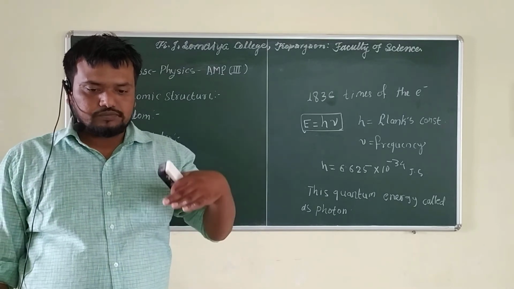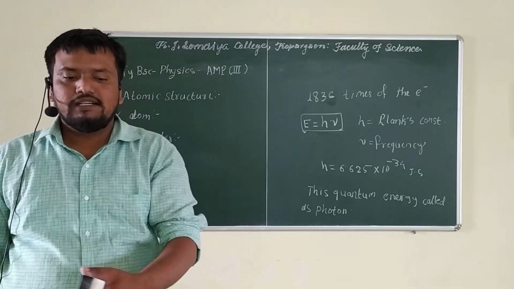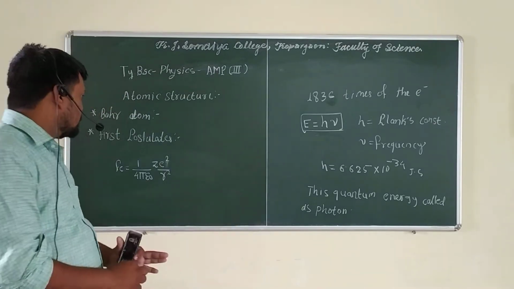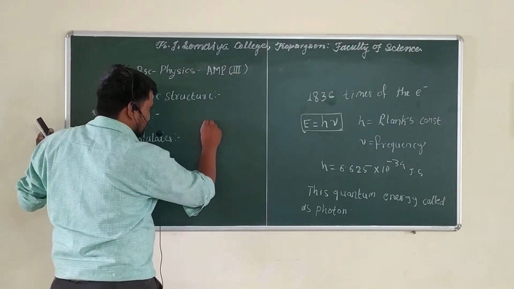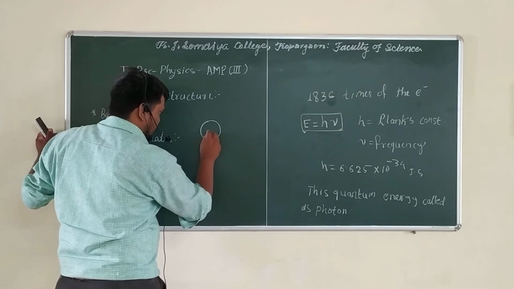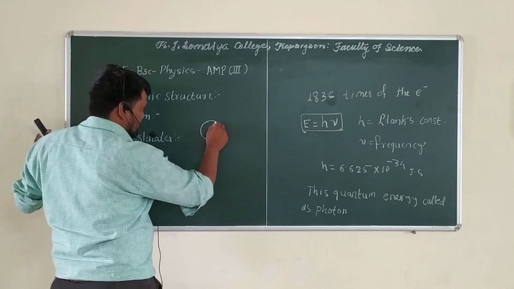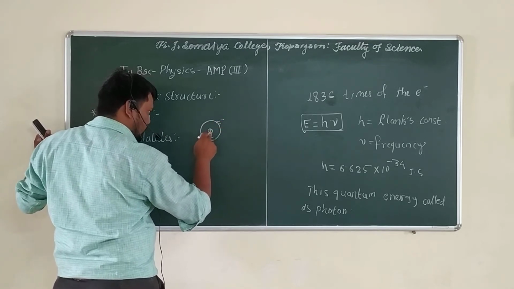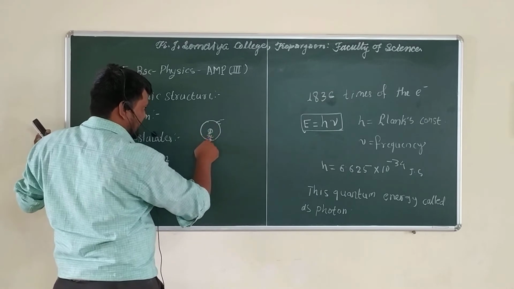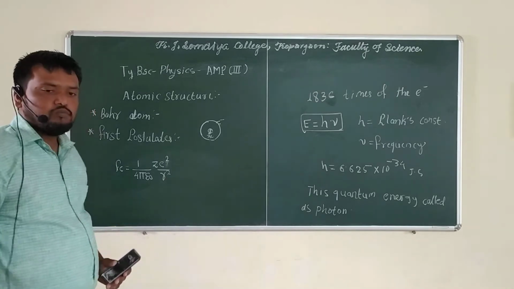The force of attraction between the electron of charge e and the nucleus of charge Ze. Consider this atom, with the positive charge nucleus +Ze. This Coulomb force is the attraction between this electron and this positive charge nucleus. That is the thing about the Coulomb force.